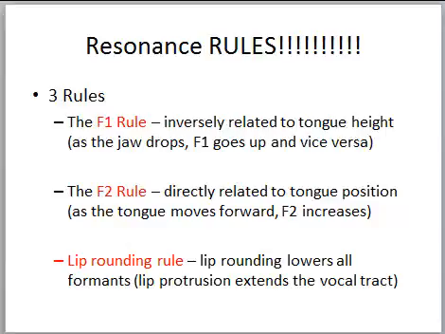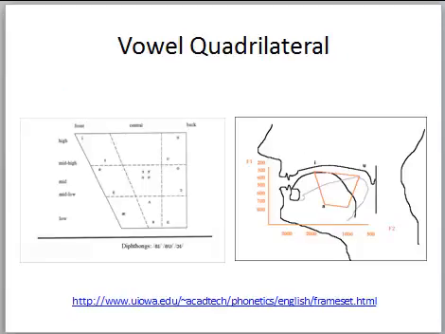The last thing I wanted to point out is the vowel quadrilateral. We'll post this so that you can see it in a bigger way, but all the vowels are represented here, and we can superimpose that on the vocal tract, thinking about the first formant and the second formant, and you'll see that every single vowel has a different formant pattern, especially with F1 and F2, the first formant and the second formant, that distinguishes that vowel from any other vowel. That's the really important thing with formants that we really care about as we're working as speech-language pathologists and audiologists.